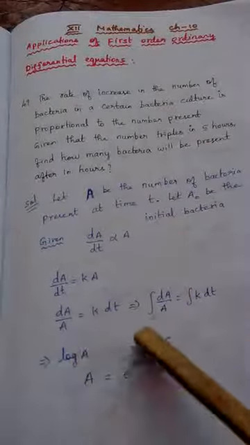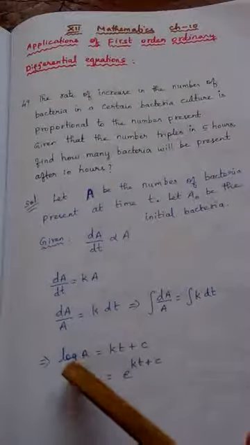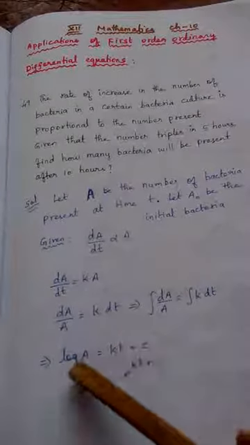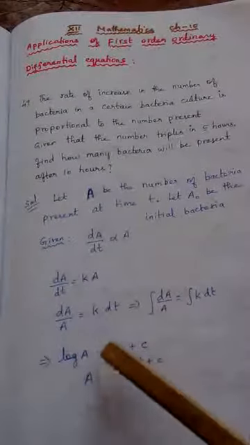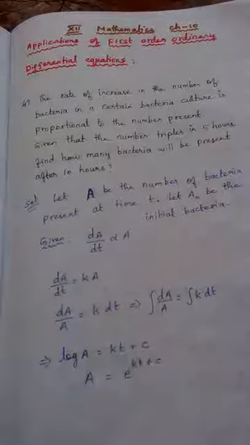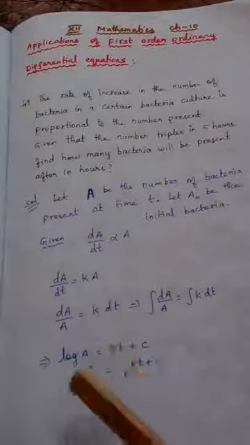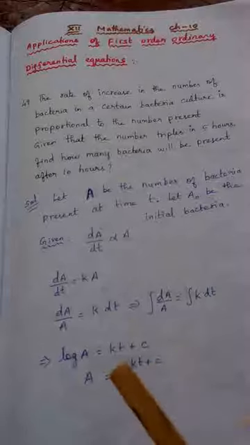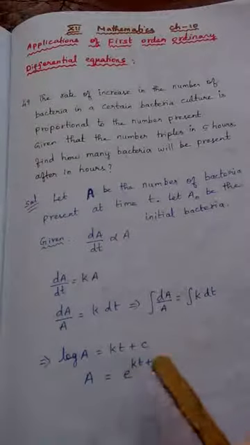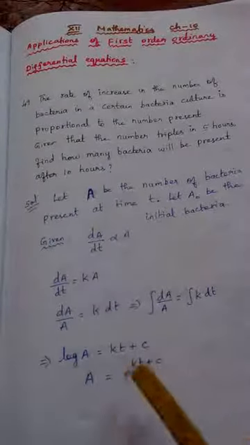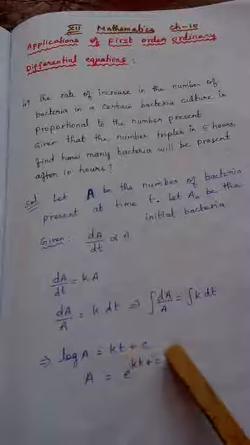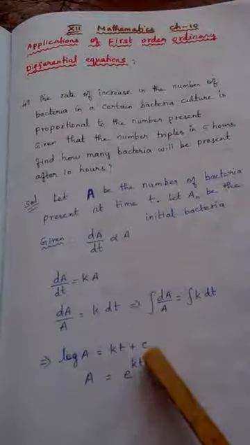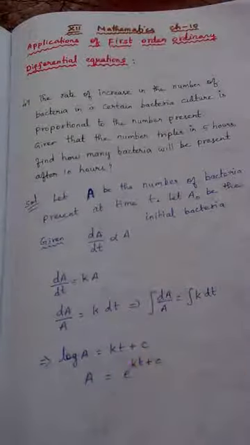Now log is taken to other side, so A is equal to e power this. When log goes other side, it becomes e power. So this will come in the power, right? So now we got one expression, A is equal to e power kt plus C. Now I am going to split this into 2. How will you split this into 2? E power kt into e power C, right? E power kt into e power C. That is what is the next line.